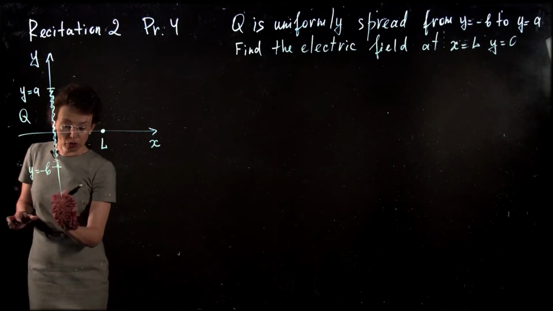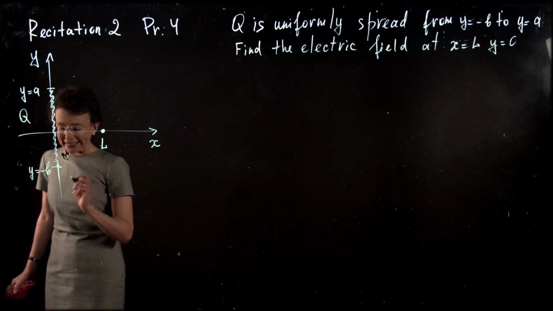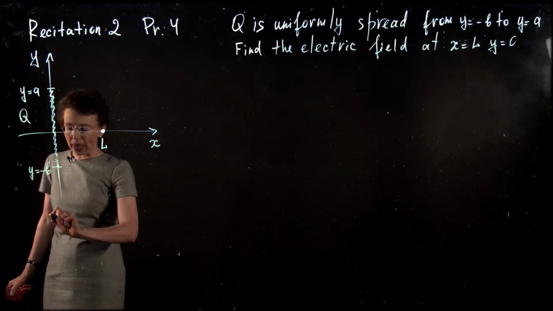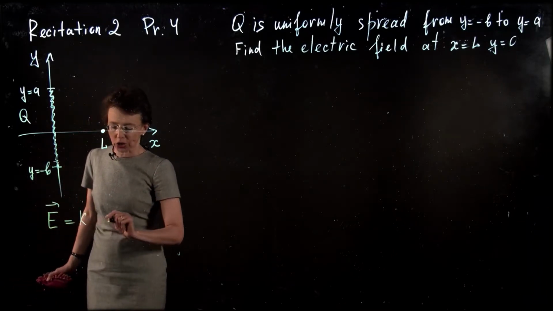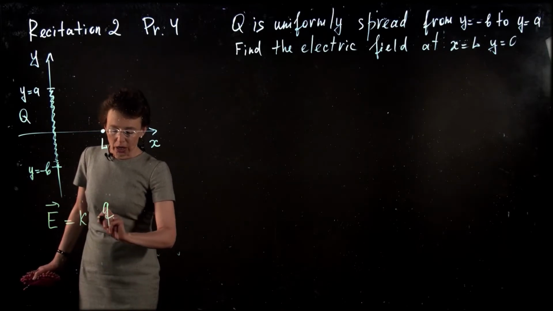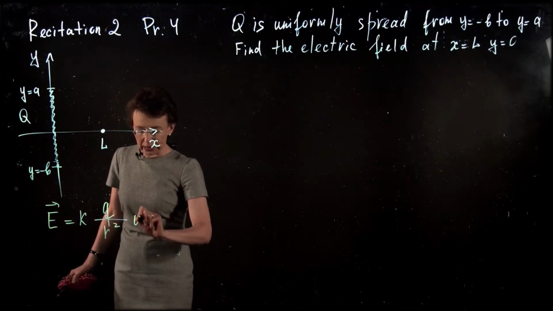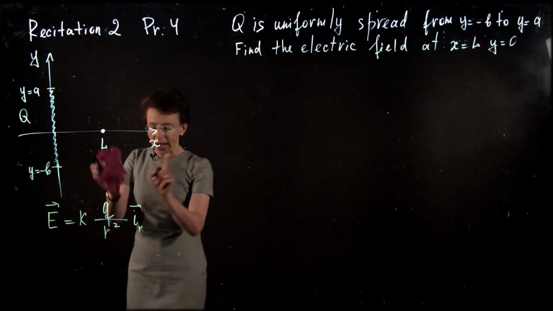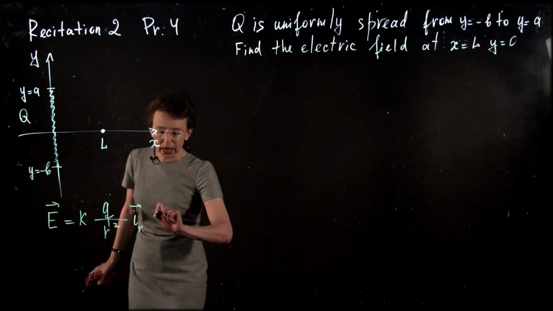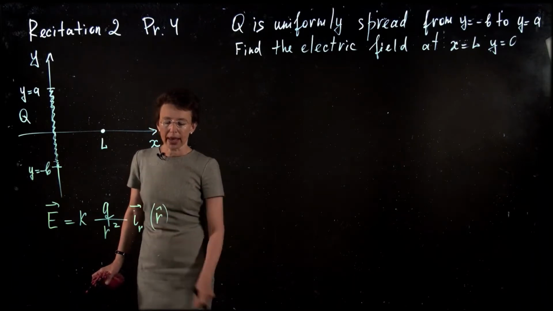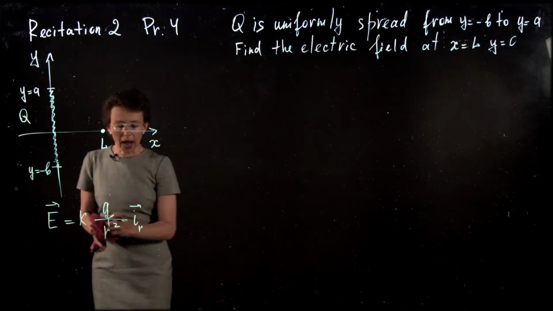We will use Coulomb's law to find the electric field, because we know the electric field created by a point charge. If I have point charge Q, then the electric field created by this point charge is just coefficient k times charge Q divided by distance squared, and this electric field is in the radial direction. Either I put unit vector i_r, that is radially out, or I just put unit vector r hat, depending on notations. I will use the same notations as the book uses, so I will use i_r with the vector.